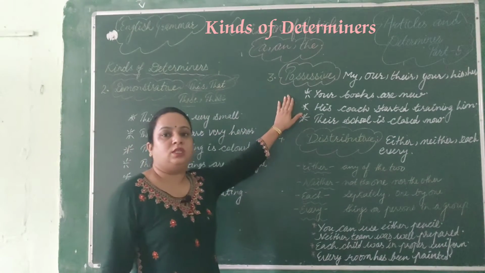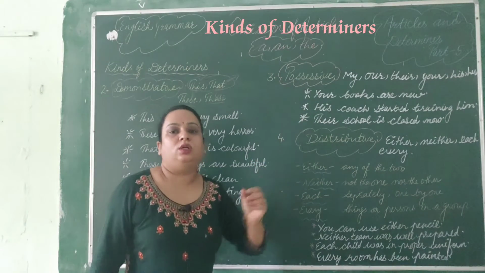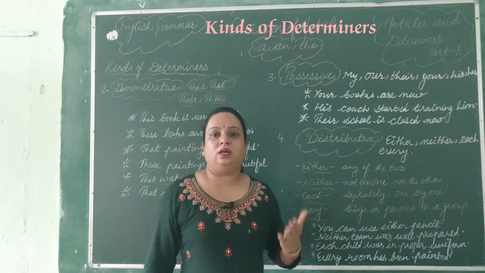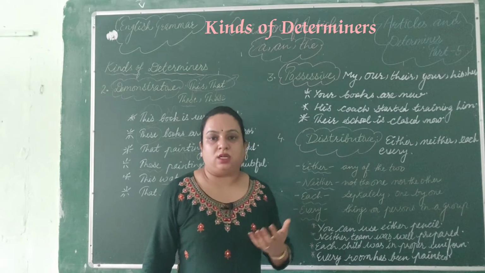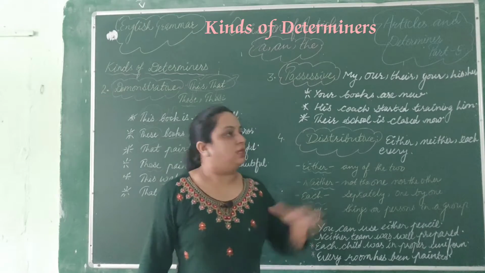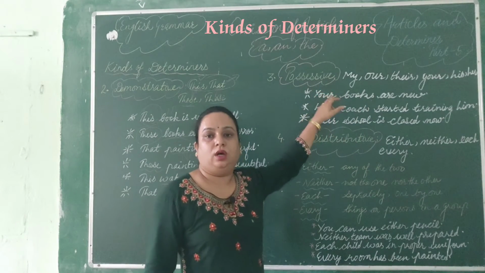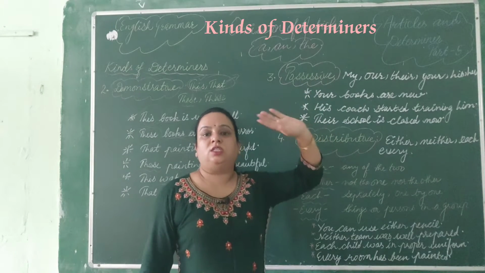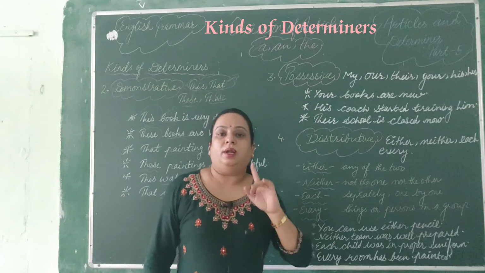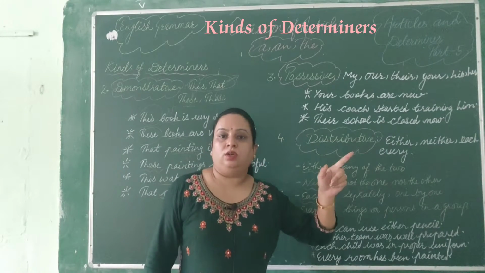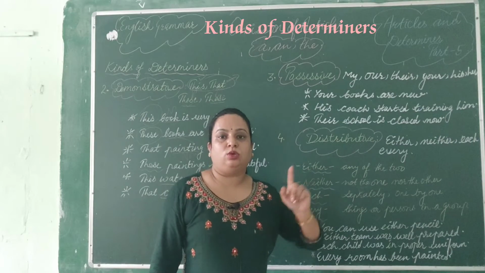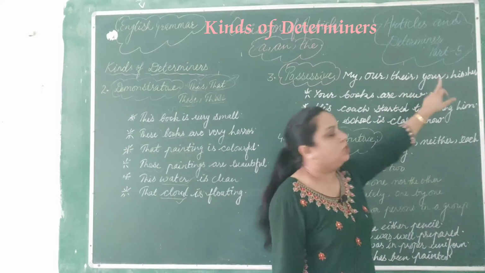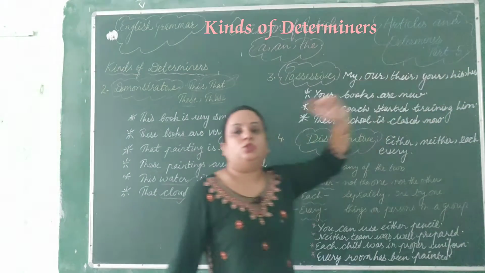Next we will talk about possessive determiner. These are the words which show the ownership and possession of something, like his, her, your, their, my, etc. Those words are known as possessive. It may be a possessive pronoun, a possessive adjective, or a possessive determiner, but pronouns will be different. I've told you in the previous videos also, pronouns will be different. Pronouns will be mine, ours, theirs, yours, hers. So that is the difference.